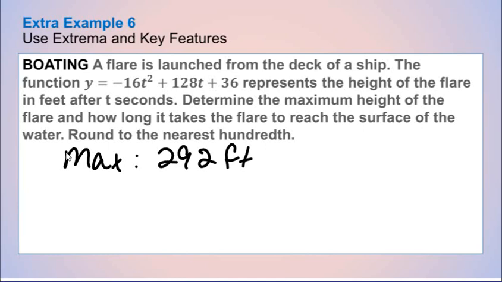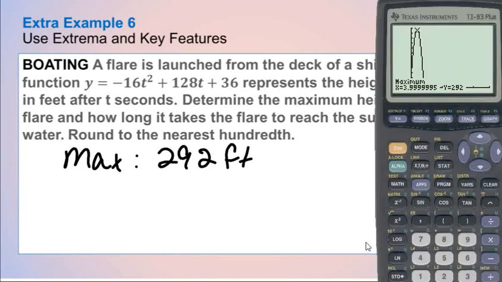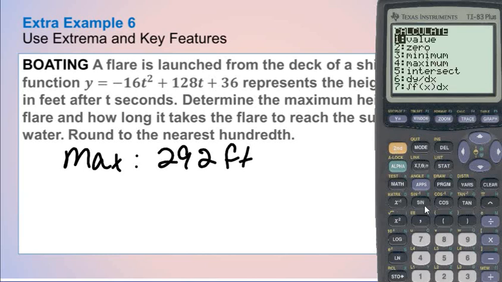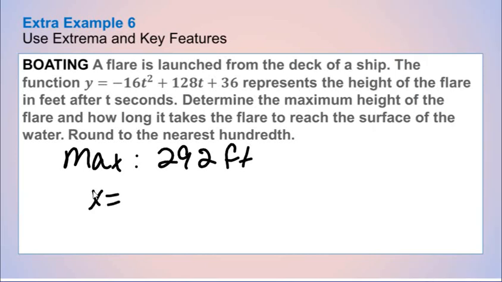And then how long did it take to reach the ground? So now I go to second trace. I want to find the zeros, so number 2. And I need to go to the right-hand side. So I'm above the x-axis, go below the x-axis, hit enter. And when y is 0, x is 8.27. So it says to the nearest hundredth, so 2 decimal places, 8.27 seconds. That is how you can use your graphing calculator to find the maximum